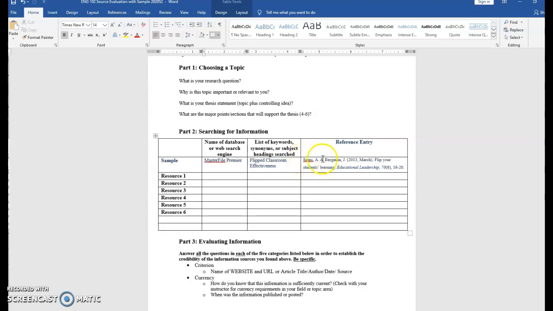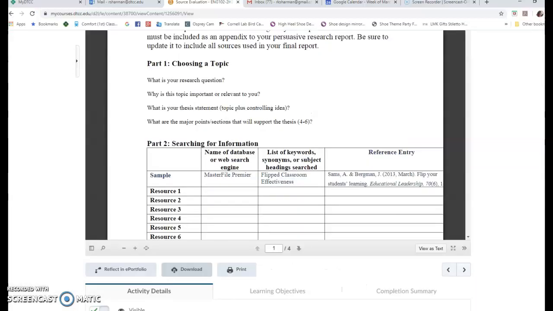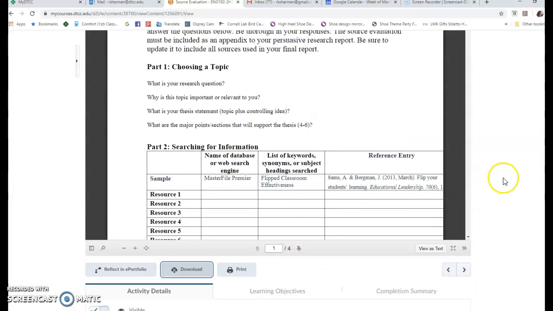And you do want to follow this format, not just list a description of the source or type it in your own format. You do want to follow APA style. This is a way for me to also check to see that you are going to be writing that source correctly. So if you have a question about how to list that source, in our course,